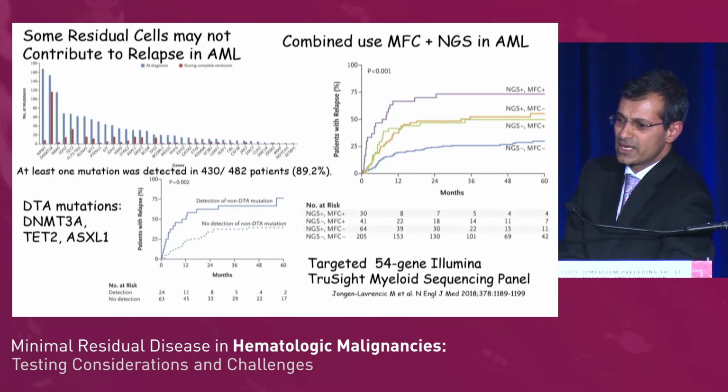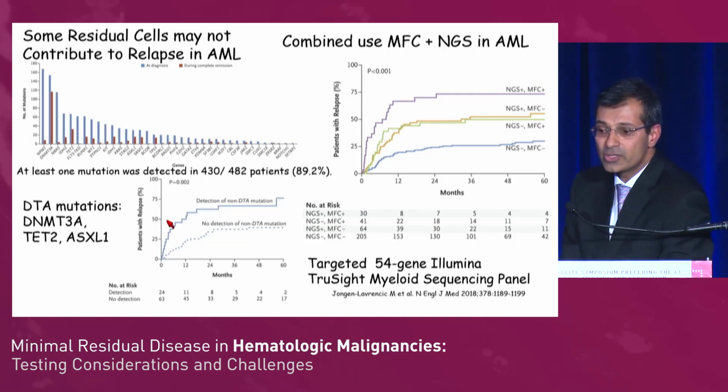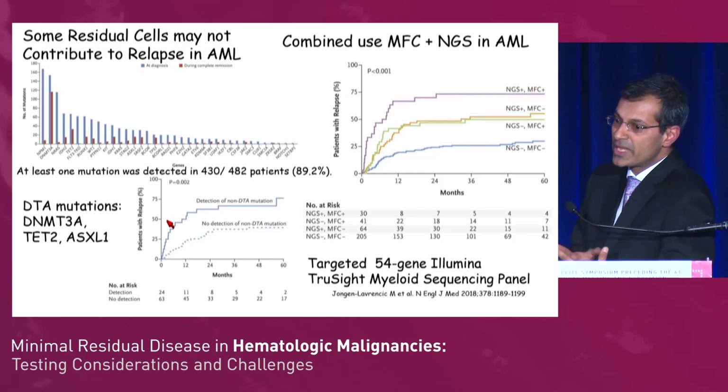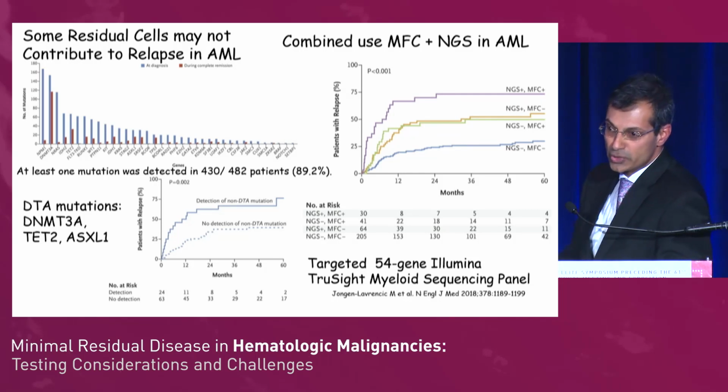Now, this is a very elegant study that showed the complementary role of next-generation sequencing in AML in addition to multiparametric flow cytometric analysis. And what you can see is that the patients with AML who were NGS negative and flow cytometry negative for MRD were actually showing the lowest incidence of relapse, whereas if they were positive by both, the incidence of relapse was quite high. But there are also certain mutations in the residual cells that do not actually contribute to relapse, such as